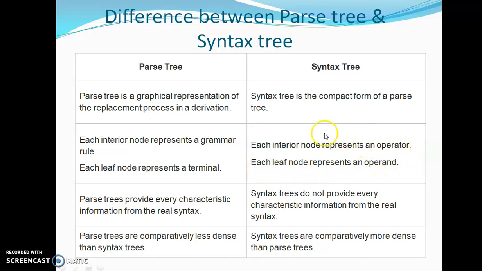It means in a syntax tree, only operators and operands should be there. Parse trees provide every characteristic information from the real syntax. Syntax trees do not provide every characteristic information from the real syntax. And parse trees are comparatively less dense than syntax trees, and syntax trees are comparatively more dense than parse trees.